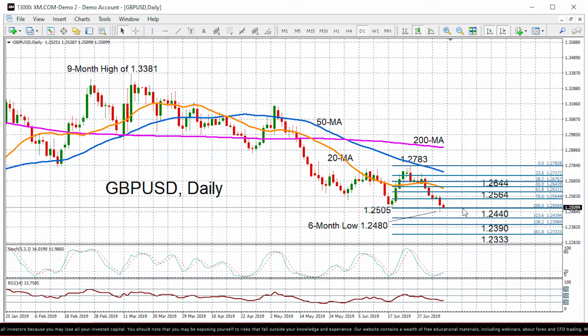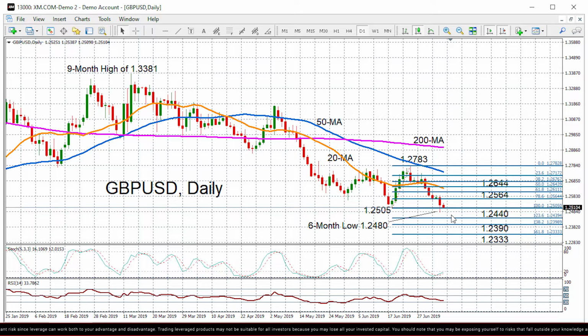Breaching that support, we could then see prices slipping towards the 123.6% Fibonacci extension of that leg from 1.2505 to 1.2783. So the 123.6% Fibonacci is at 1.2440. Below that, we've got 1.2390 as another important support, the 138.2% Fibonacci extension. But the main support to the downside, if we were to see a sharp sell-off in Pound Dollar, is the 161.8% Fibonacci extension at